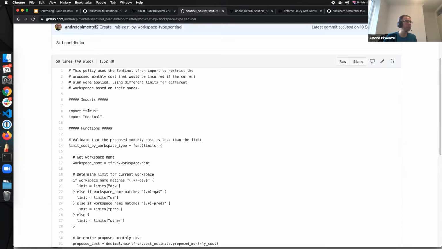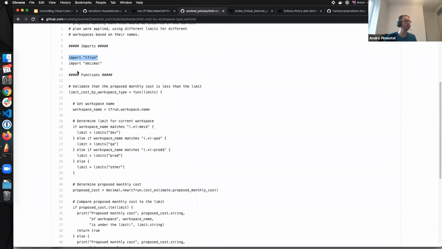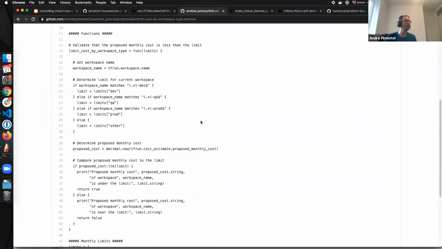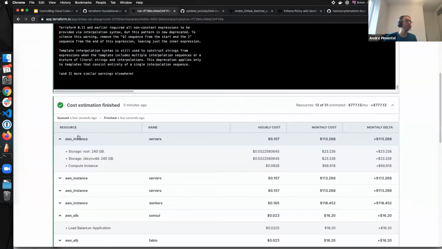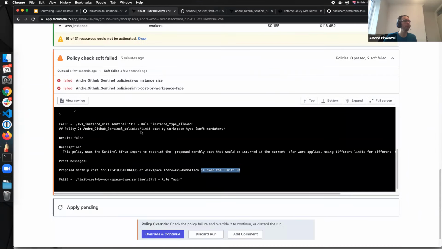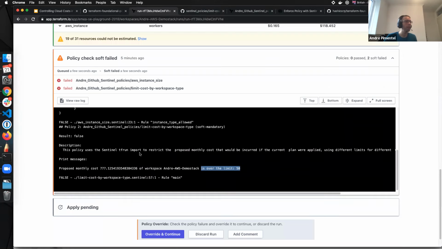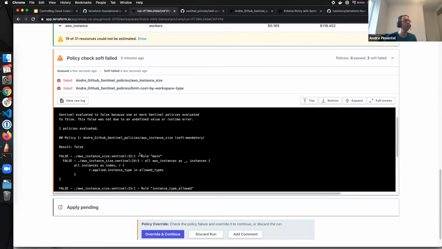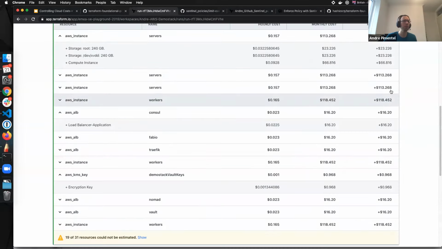I am using, as I mentioned, the TF run imports. And there are other imports, but I'm not going to talk about them now. And as you see here, policy check soft fail. Another policy that fails is the instance size, because I am deploying also large instances here, hence this massive cost.